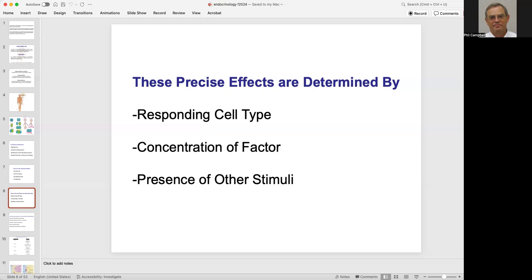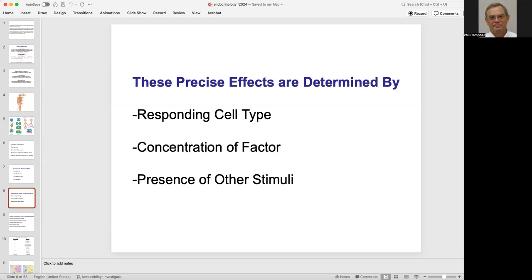Okay? Because this hormone ligand, if you will, binding to the receptor just initiates communication. And it is a whole series of events that occur in the cell that will then result in these cell behaviors, which I mentioned in the prior slide. But all of these depend upon this responding cell type. It has to have the receptor, and it has to have all the machinery to respond to that binding interaction. Next,